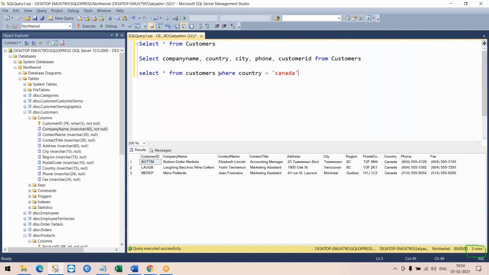So why am I using the where clause? A where clause is used when you have a condition to apply. I don't want to fetch complete customer data. I want to fetch only based on my condition, which is country is equal to Canada, or phone number is equal to 1234, or city is equal to London. You can choose any condition based on the columns you have. Let's apply one more condition. You can apply a condition to a command which has an asterisk or to any other command.